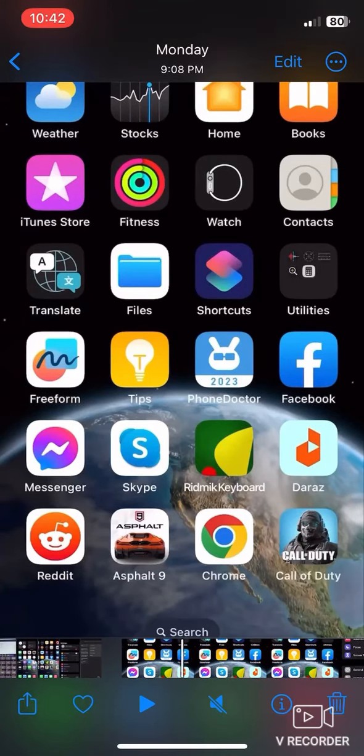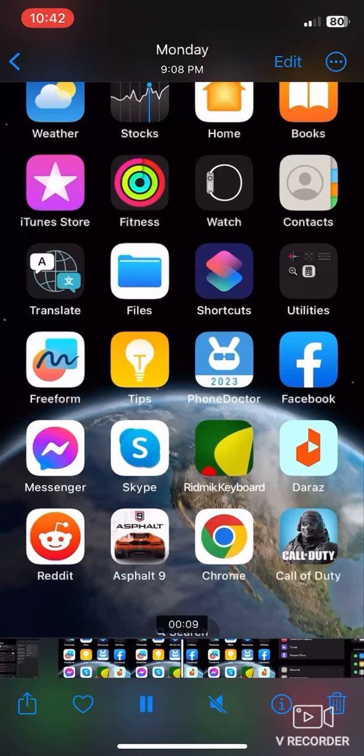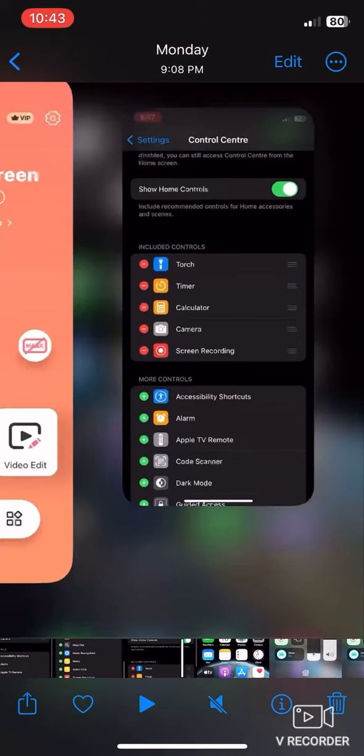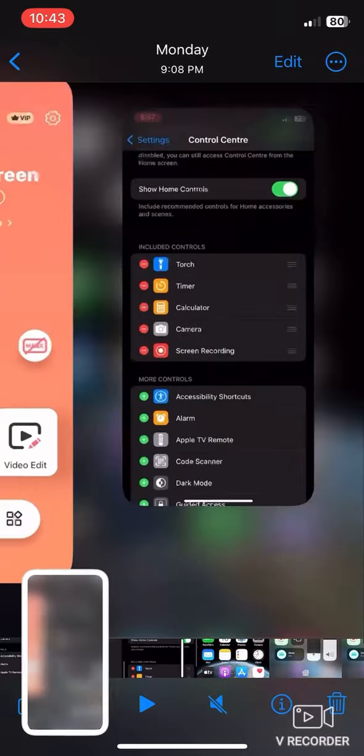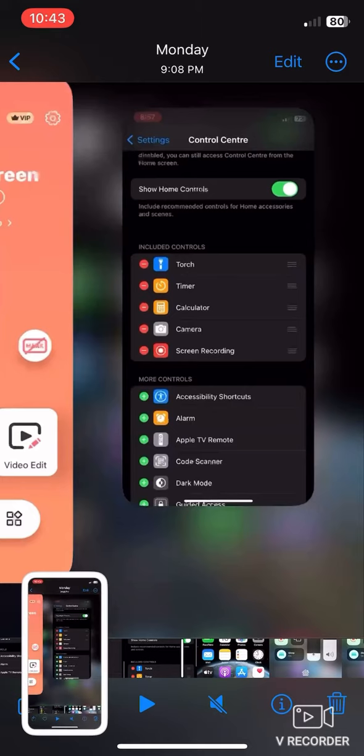Now to take a screenshot, click on your upper volume button and your power button together. By this, you can take a screenshot. And if your upper volume button or your power button isn't working, there is another way to take a screenshot